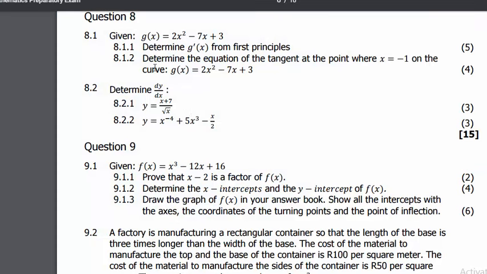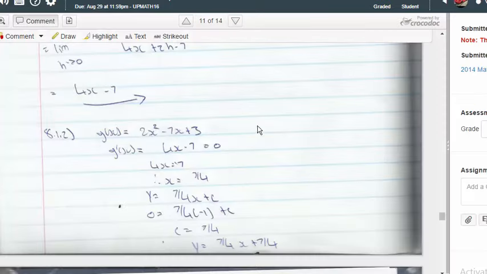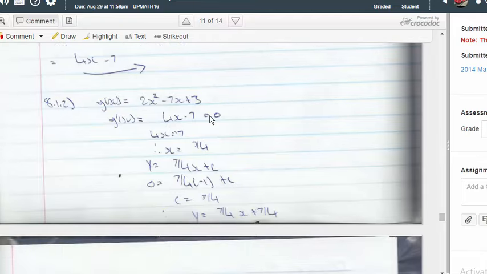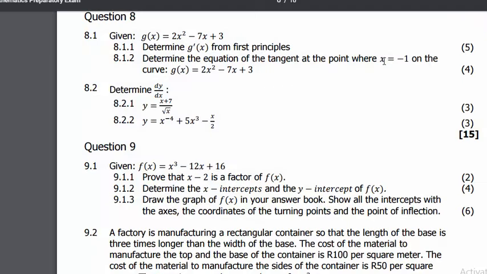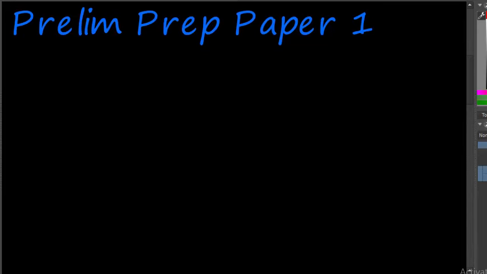Okay, the next question: determine the equation of the tangent at the point where x is equal to -1 on the curve. Now we have the derivative, and we should work out the tangent line to that curve. So here we have the derivative. I don't know why he makes it equal to 0. When you make the derivative equal to 0, you're trying to find the turning point. If we want the tangent line, and they tell us where it is, then for any line we need y is equal to